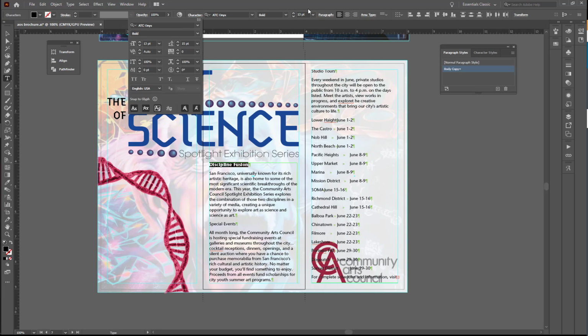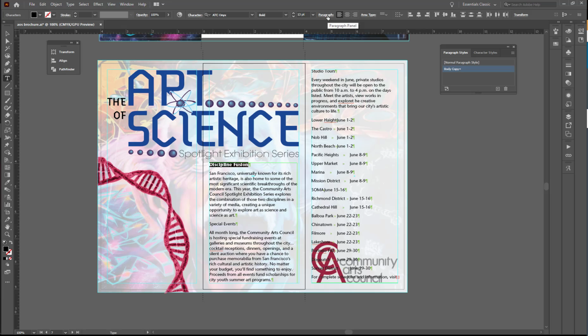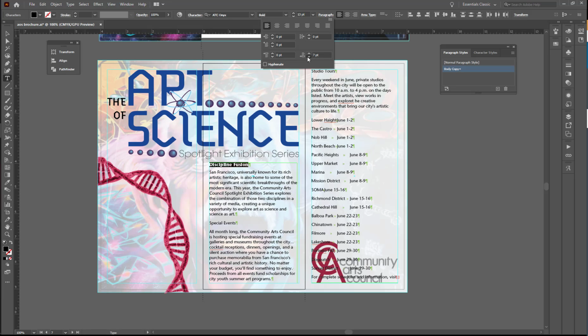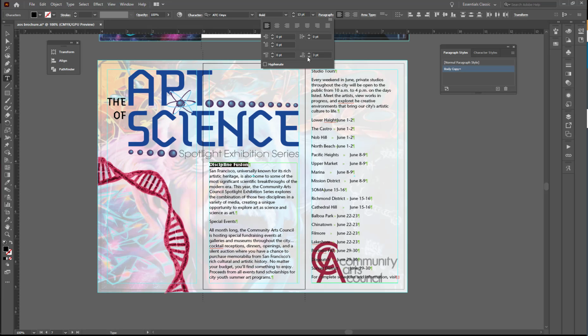And in my paragraph panel, let me bring that up here, I want to change the space after field to 3 points. Now once I've made all of those changes, I can apply and create a new style in the Paragraph Styles panel,